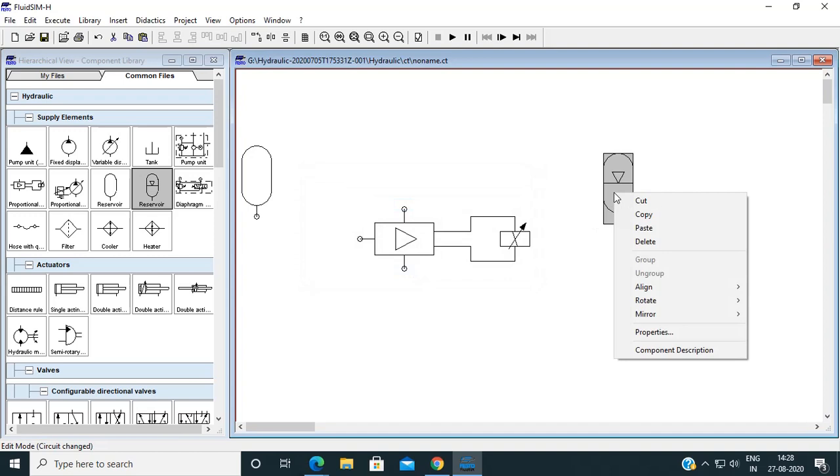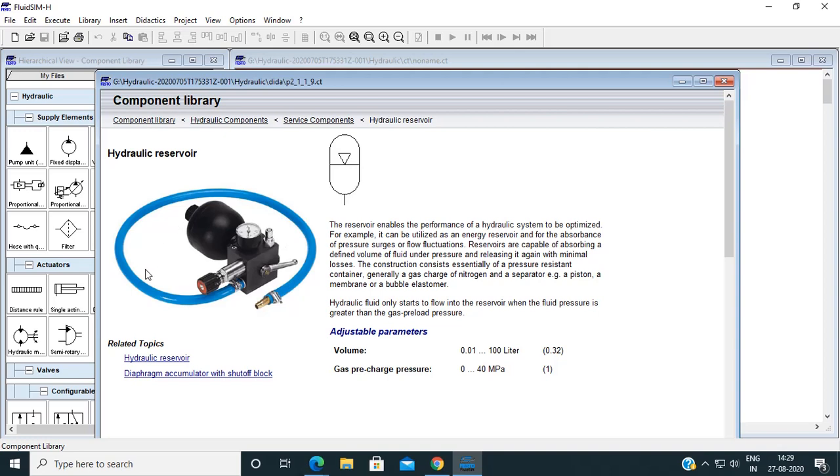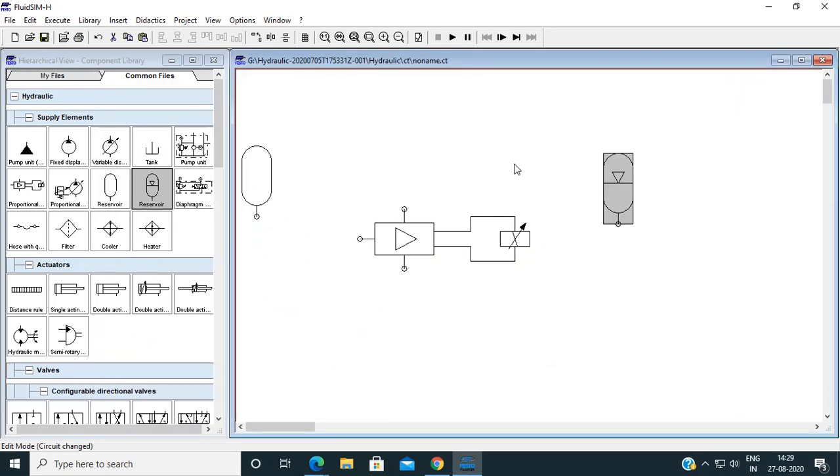If you right click on this and click on component description, you will get the actual setup of the component, how it actually looks. So your actual accumulator looks like this. It has specifications such as volume and pre-charge pressure.